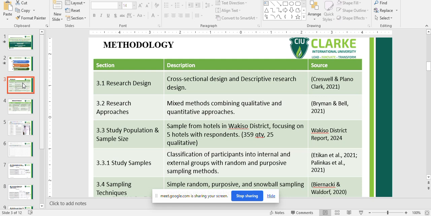Then to reach these numbers, simple random sampling was used, particularly simple random for customers. So I did not follow any criterion to select customers. Provided the customer is in the hotel, he had a chance to get involved. Then purposive was also considered for reaching out to hotel managers, the chiefs, and also the community leaders and entrepreneurs